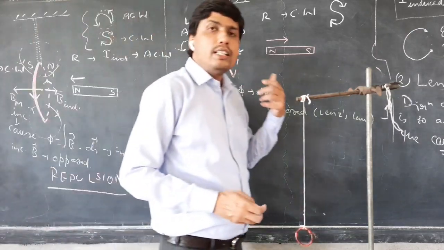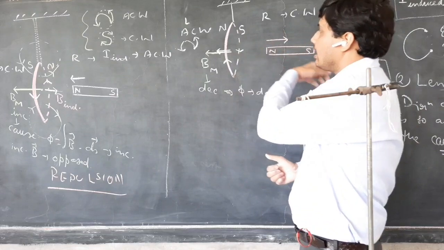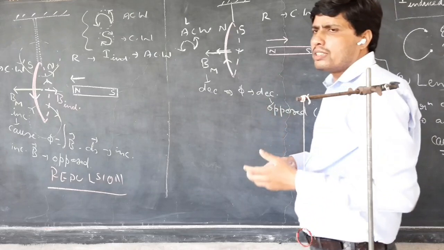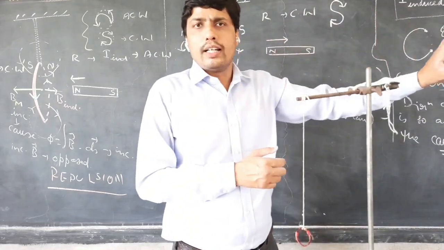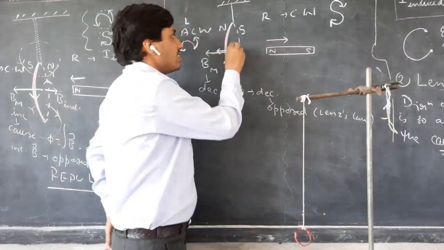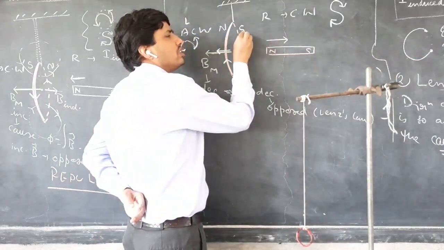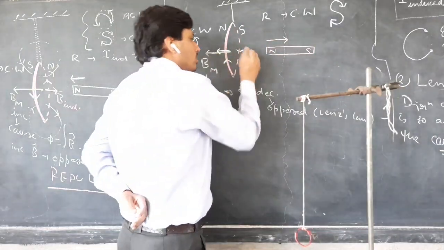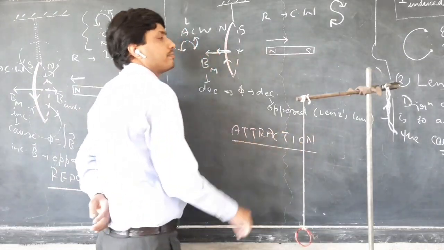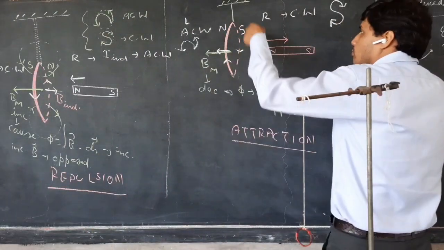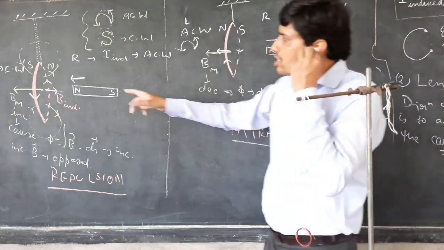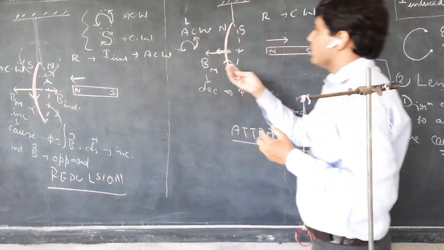On the other hand, when we take the north pole of the magnet away, here, it has to be opposed. You can see this is north pole, it is going away. The coil, you can imagine, it says, please do not go. I have to oppose you. So the magnet is going away. It wants the magnet not to go away. So it tends to attract it. So this is north, this is south, they will attract. So there will be attraction. And what will be the result of the attraction? This coil would tend to move towards the north pole, towards the magnet. Here it was tending to move away from the magnet. Here it is moving towards the magnet.